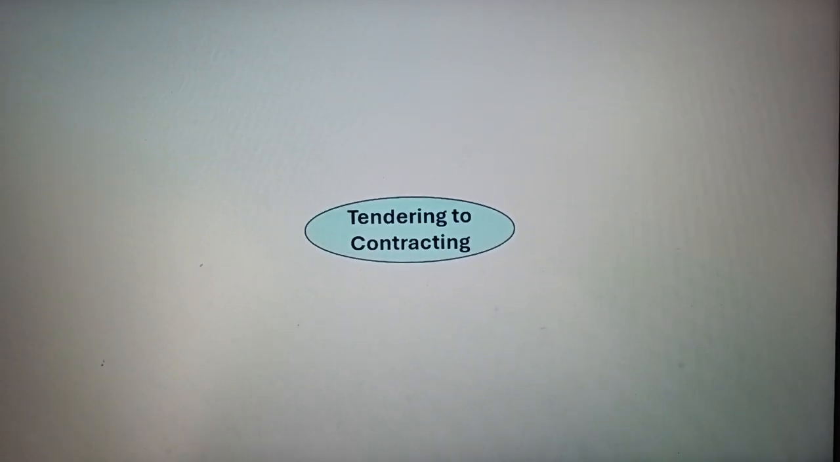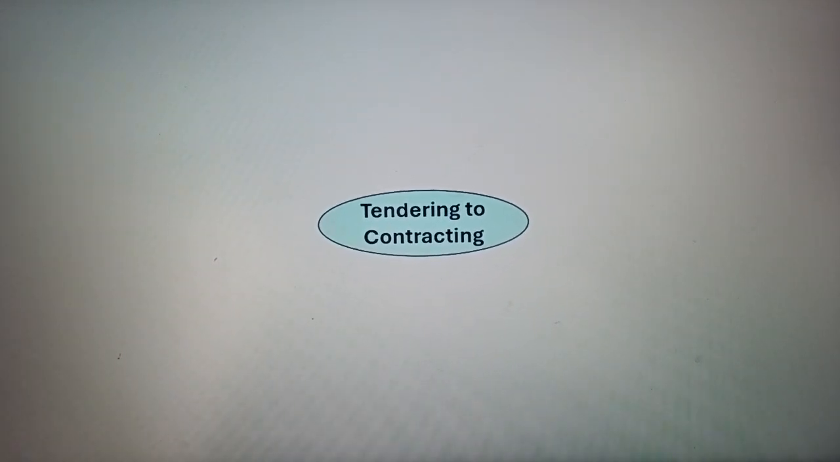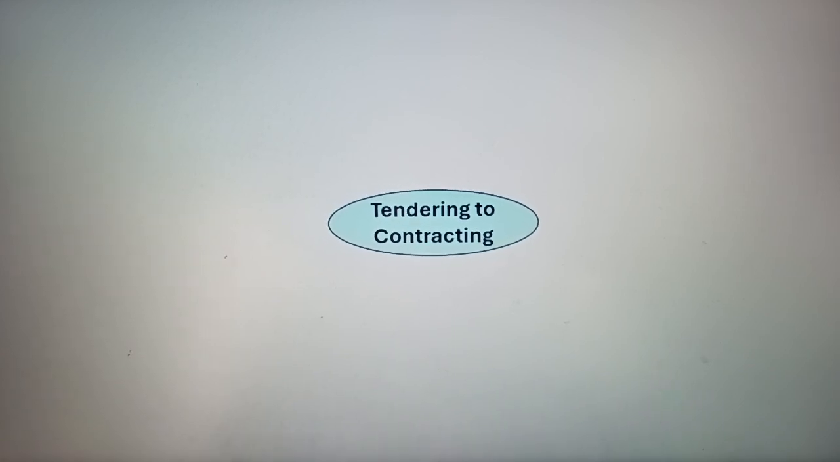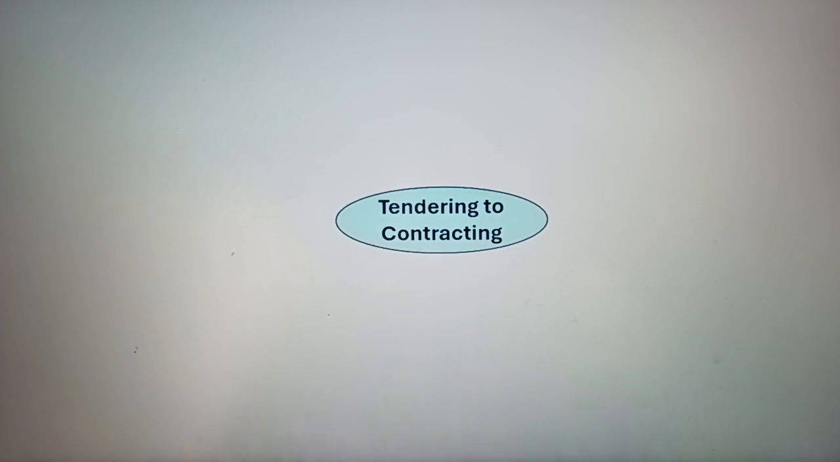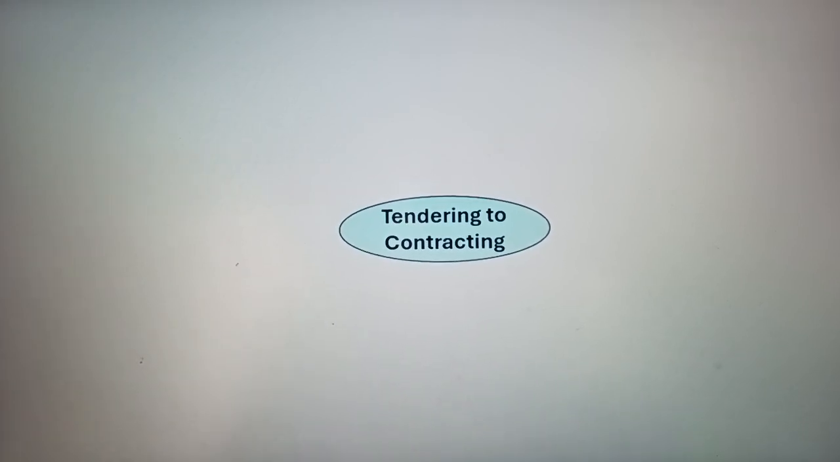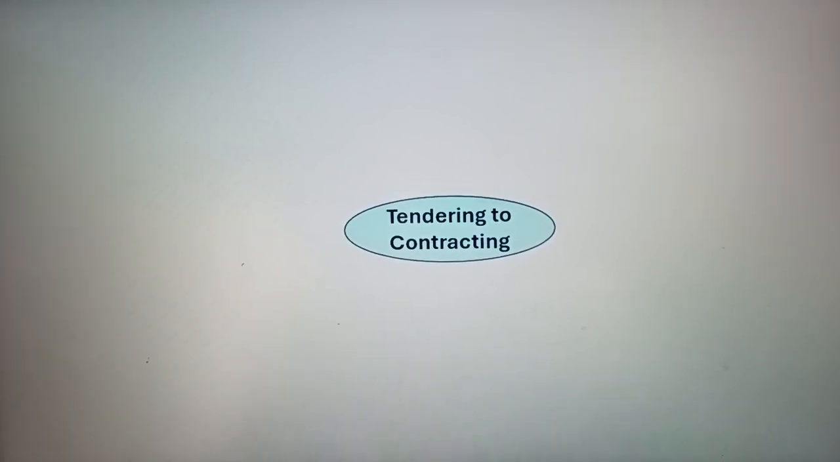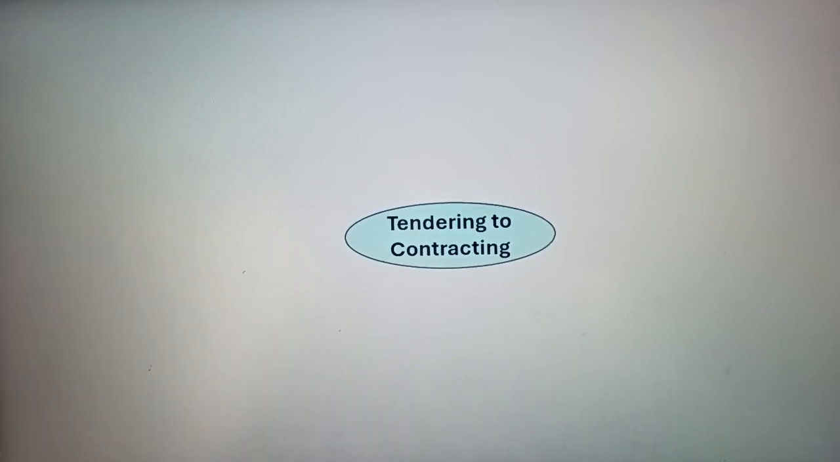Hello dear learners, as we discussed in the previous video about the purchase requisition, it is the first part. The requirement comes from the user department to the procurement department via purchase requisition. Its short form is PR. About this PR